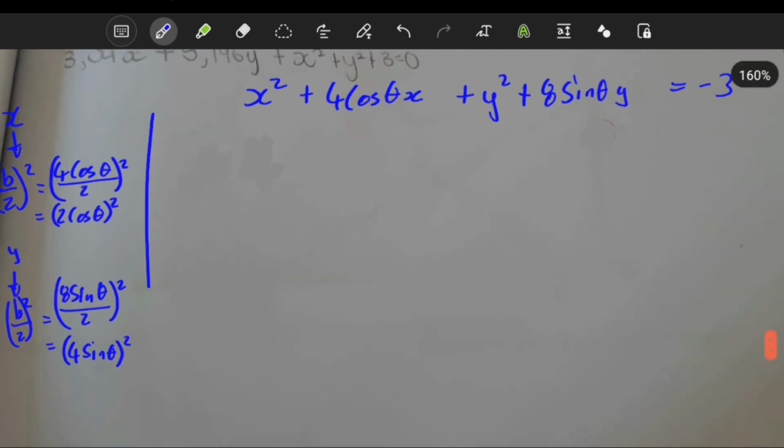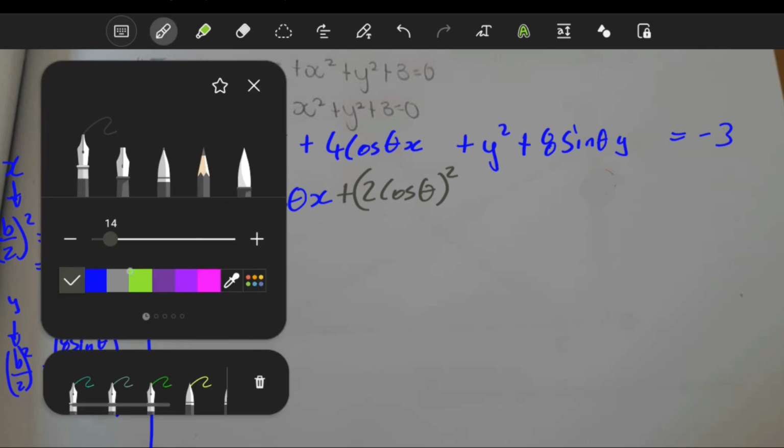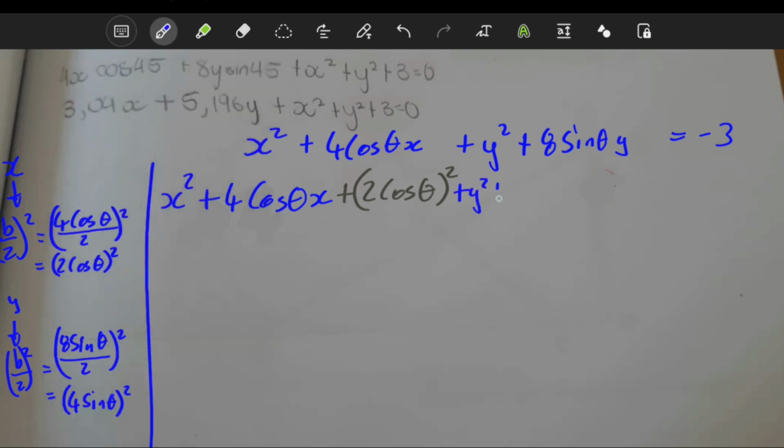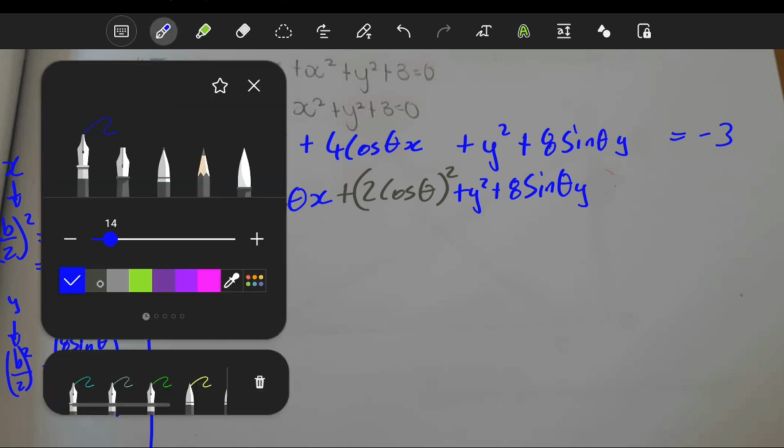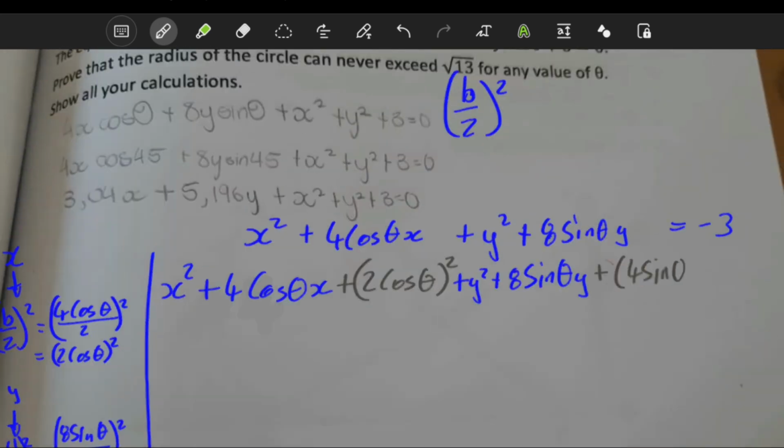Anyways, so let's see here. x squared plus 4 cos theta x plus y squared. Oh no, I'm supposed to add the x's thing here. So obviously, this is where we need to add this value, right? So plus 2 cos theta, the whole thing squared. And then for the y, we just carry on, plus y squared plus 8 sine theta y. And then here we know that we need to add 4 sine theta squared, 4 sine theta squared. And then it's going to be equal to -3